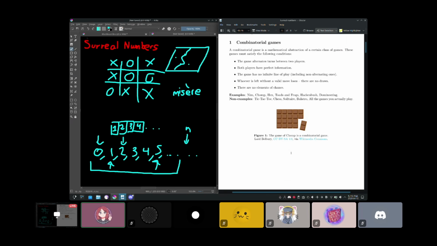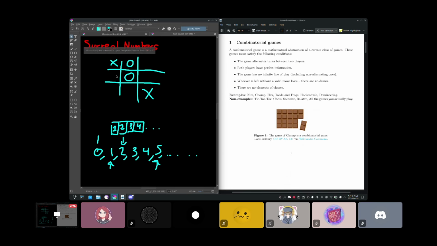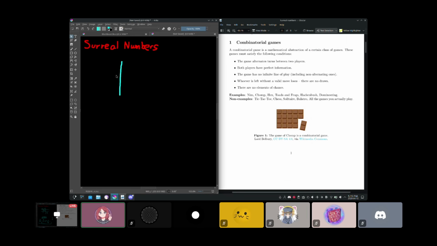Well, again, this is not a talk about Nim. Let me see if I can erase this. Yeah, I don't really know how to use Create all that well, so I'm just gonna have to undo everything.